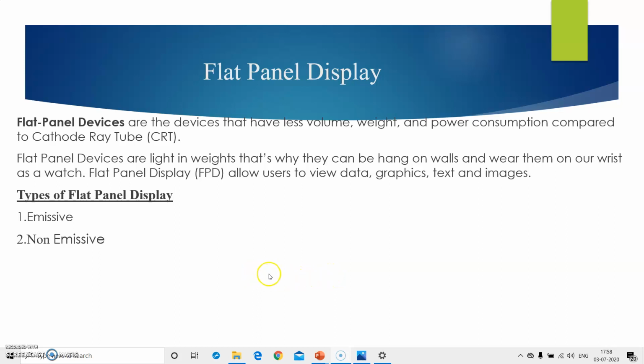Flat panel devices are light in weight, that's why they can be hung on walls and worn on our wrist as a watch. Flat panel display allows users to view data, graphics, text and images. The main two types of flat panel display are emissive display and non-emissive display.